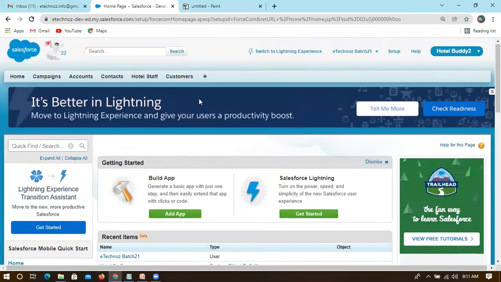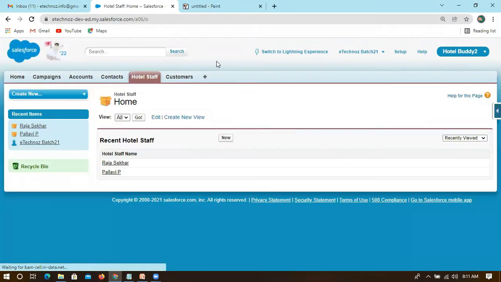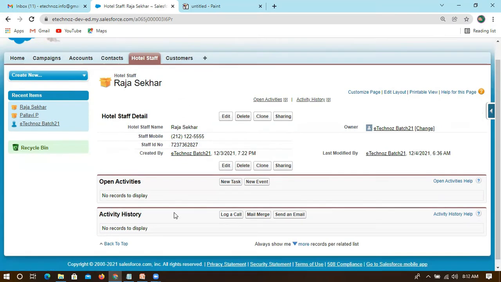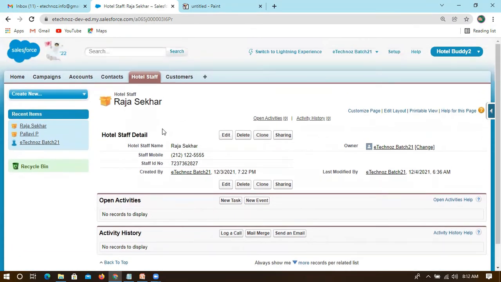I asked some questions yesterday. Did someone make any changes or identify anything? We have created some records. These are the records. In yesterday's session we created one record for Rajshekhar, and I can see the staff ID number also. Previously we could see only staff hotel, staff name, and staff mobile, but we didn't see the staff ID number. We created three fields in the system, and yesterday we edited them. What was the issue you found, and how did you resolve it? Can you brief me, so that it will be easier for others also?